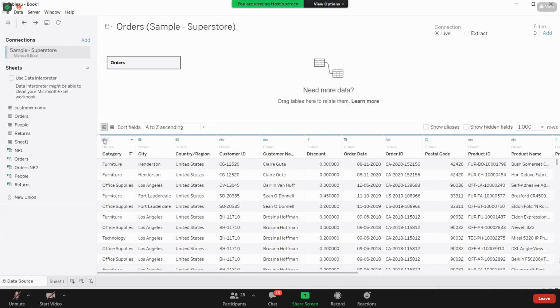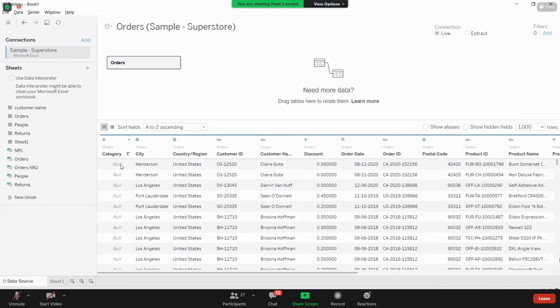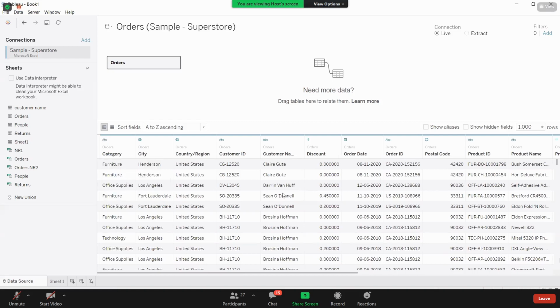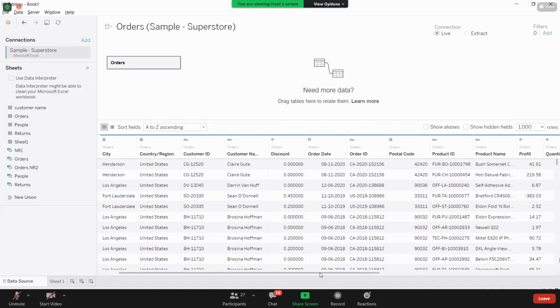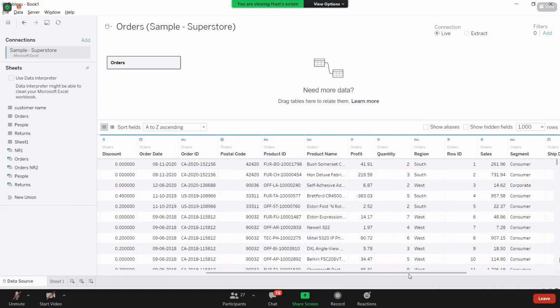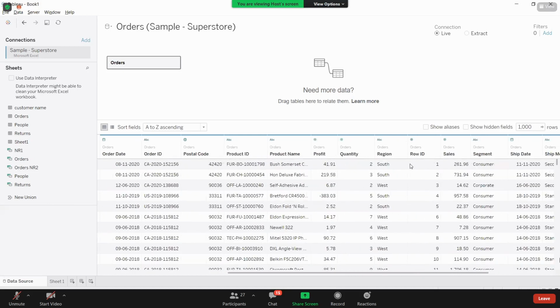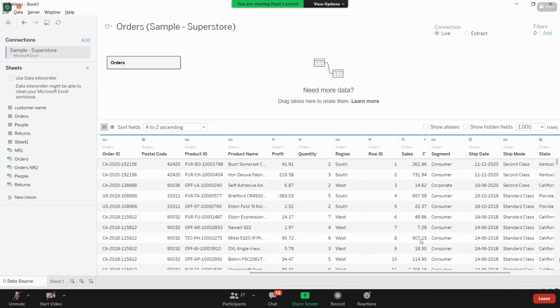Now let us do one thing. If you click on this ABC, that means the data type is string. Now let us convert this to number. What will you get? Obviously, you will get nulls here. Let me bring it back to string. Now let us go to hash, that means numerics. Let me take this sales. Here I am having hash. This is the sales, complete numerics. These are our measures. This is a complete numeric column. Now on this hash, I am taking string.